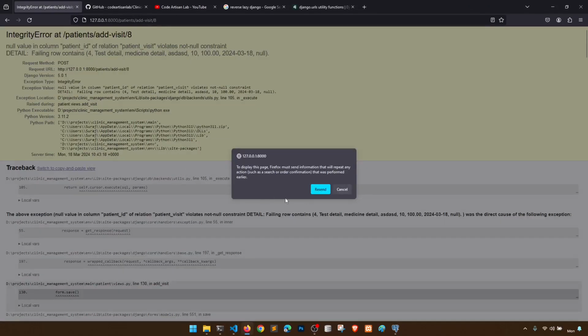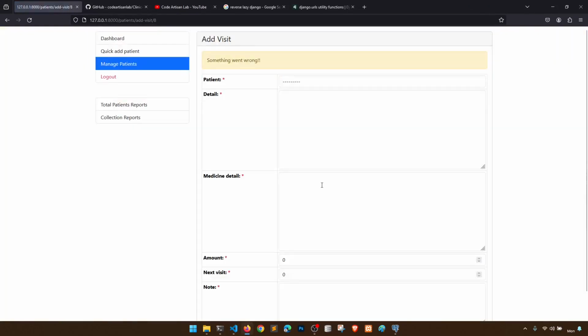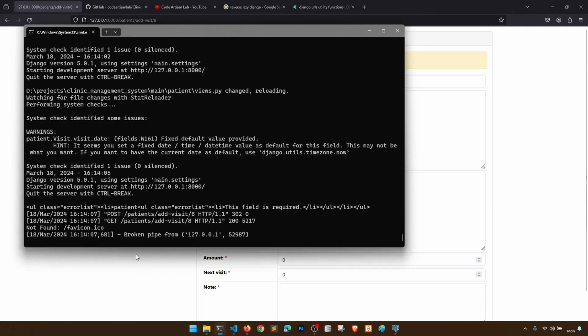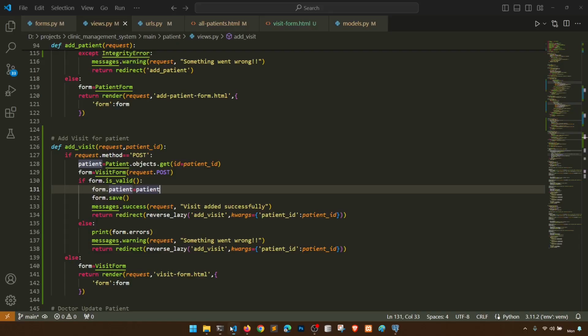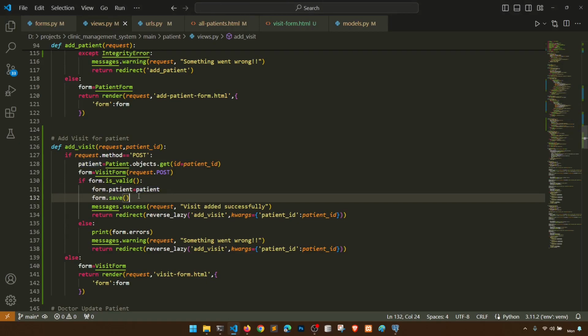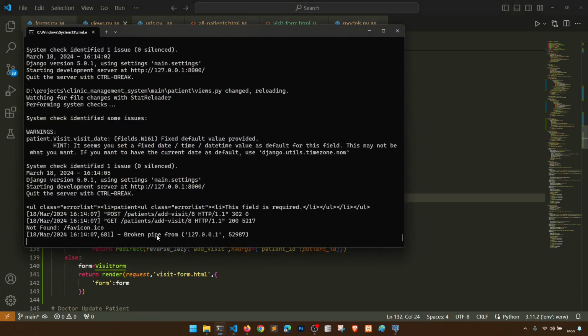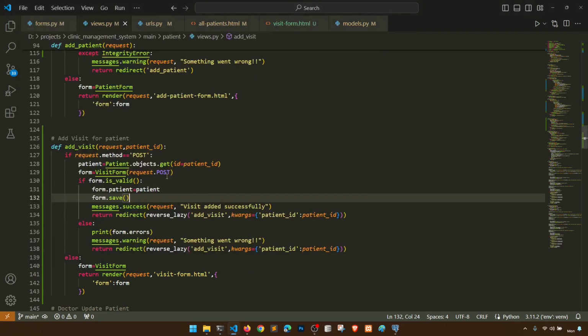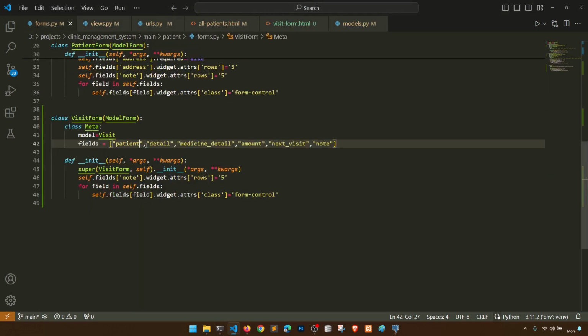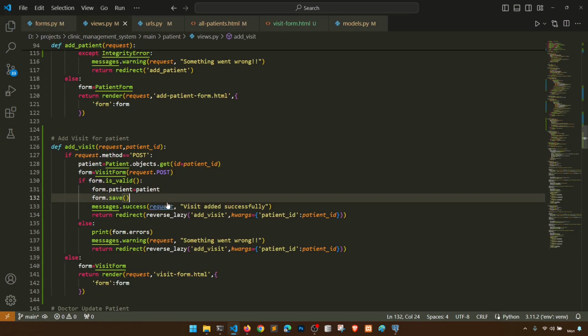Let's see. Something went wrong. Okay, we are not sure what went wrong, but something went wrong. Errors, it is okay. Patient field is required. Let's remove it from the form because we don't need to add it to the form. If we are adding it to the form, then we have to create a field. Okay, so form dot patients, this actually,